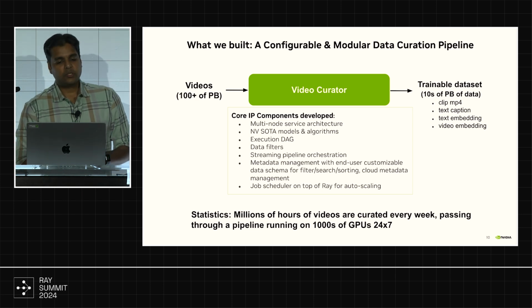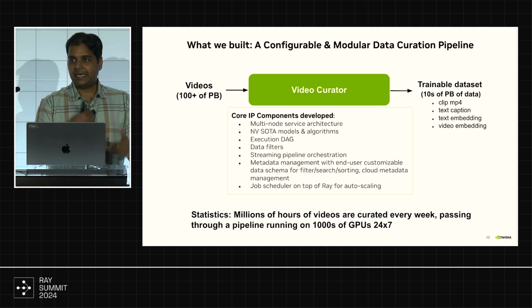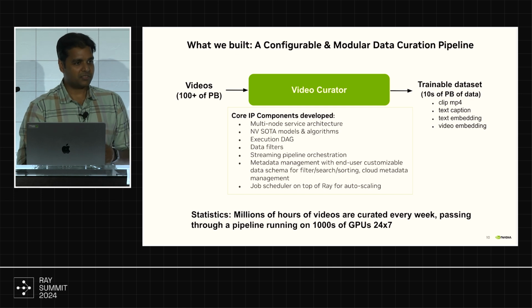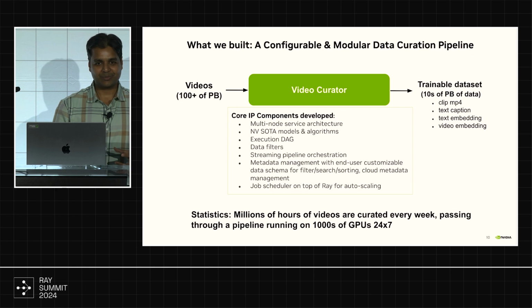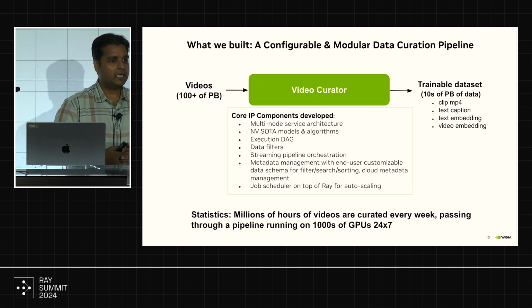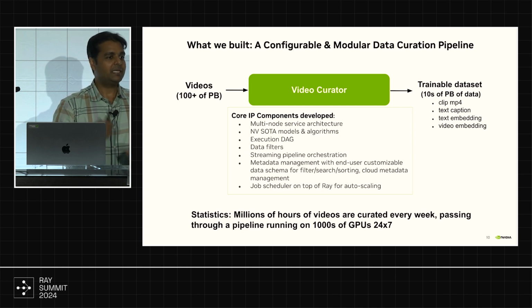Some of the unique things we had to do, and that's why I use the word configurable, is that data curation for video models is actually an iterative process. This is not a solved problem. Every month, every week, there's a new language model for annotation that comes out. And we figure we should try it out, we get better captions, and we want to evolve our pipeline. So do you want to redo all those stages that I showed and create a new dataset out of it? No, right? We've already figured out after filtering which are good clips. So we just update the captioning model and create a new dataset with it. All of this configurability had to be built into the pipeline, so we're not starting from scratch all the time.